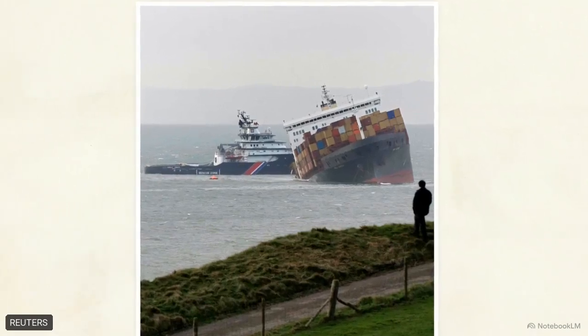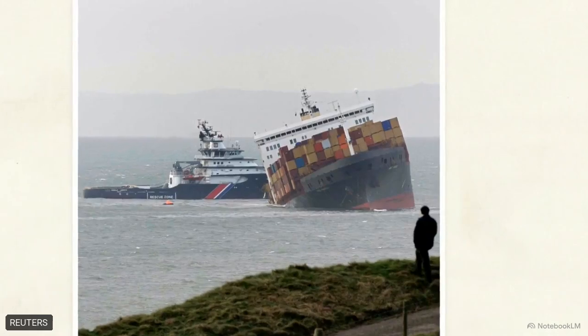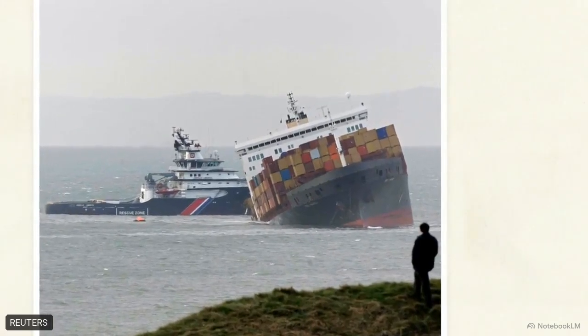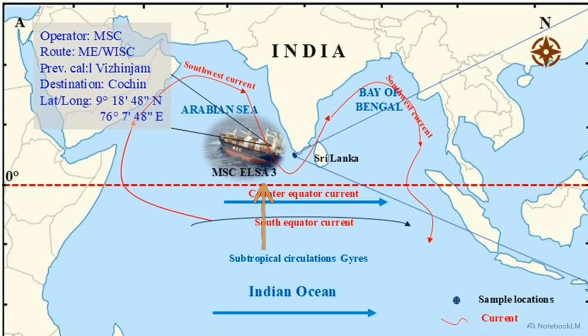On May 24, 2025, the container ship MSC Elsa-3 capsized 14.6 nautical miles off the coast of Kochi. The sinking released 22 tons of cargo, triggering a massive pollution event across the Kerala coastline. Ocean currents carried this spill southward. These flows acted as a transport mechanism, pulling debris away from the wreck site and depositing it on beaches as